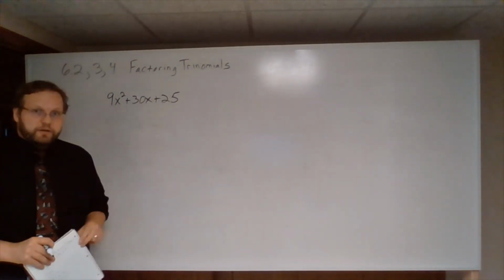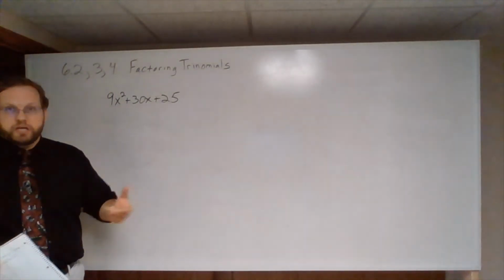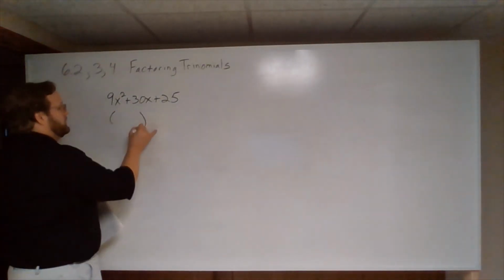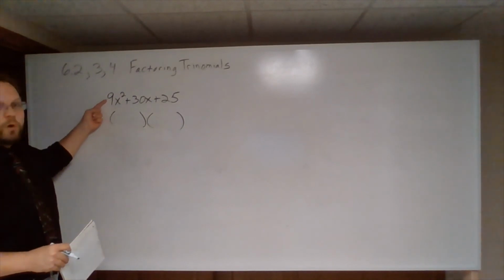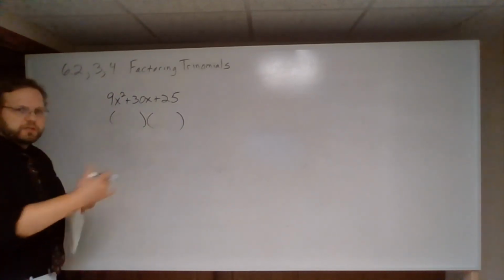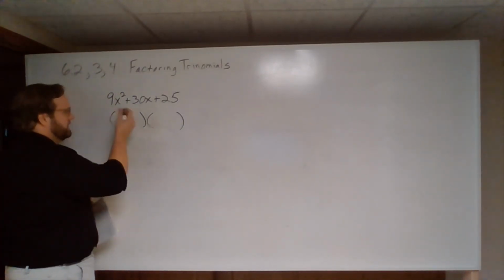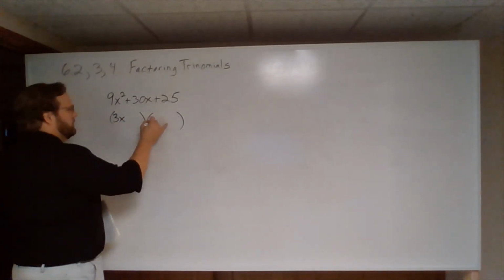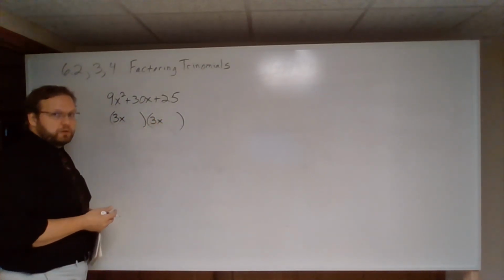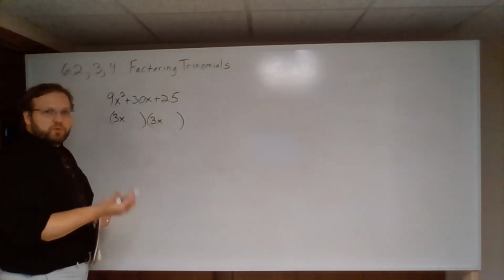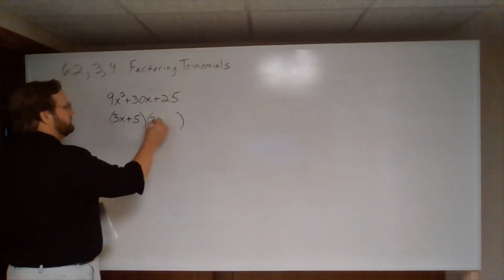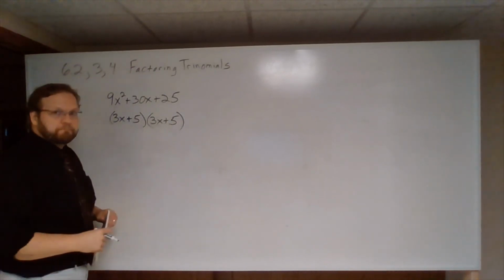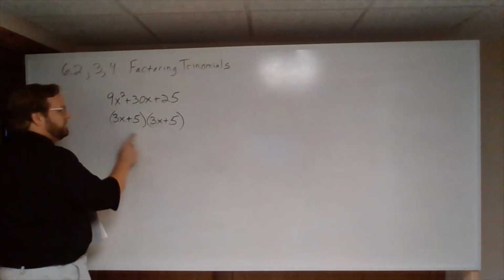There's no GCF, so let's try some guess and check. Okay, so I'm going to go with 2 binomials. Now we could have 1 and 9 or 3 and 3, just for the sake of discussion. I'm just going to go to the 3x and 3x. That gives me the 9x squared. 25, you have 1 and 25, or you have 5 and 5. Typically, people are going to go with that 5 and 5 right away. Let's check it. We got 15x,